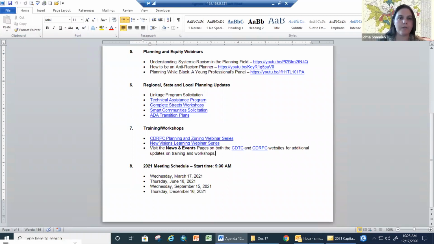Yeah, sure. So the first 2, Understanding Systemic Racism in the Planning Field and How to Be an Anti-Racism Planner, were delivered by Daniel Lim. He is a practitioner whose firm focuses on working with planning firms, planning entities, organizations, and I think nonprofits, but primarily planning. He has a planning background himself.